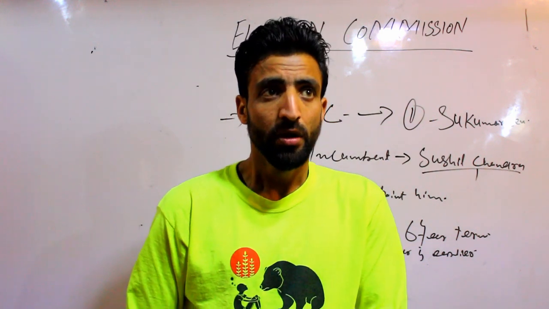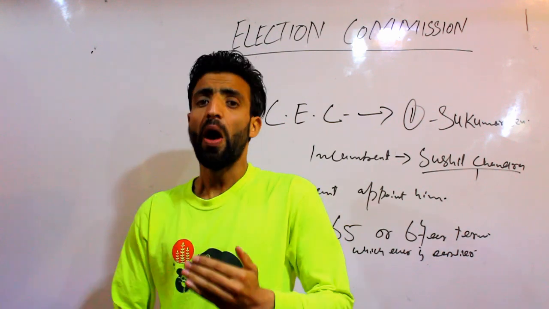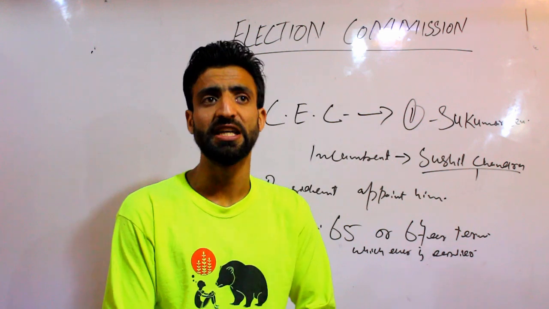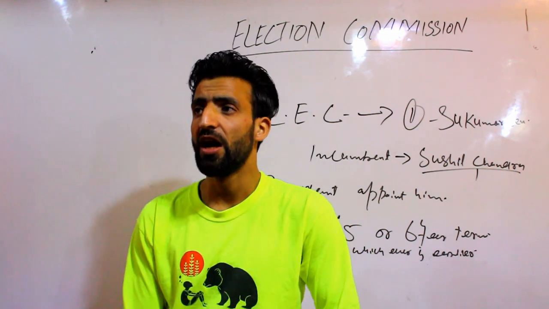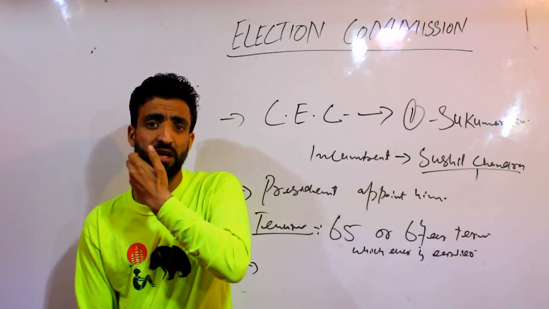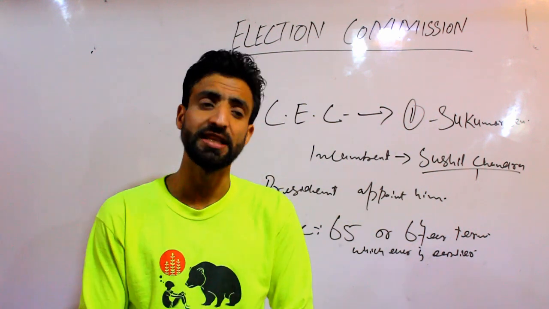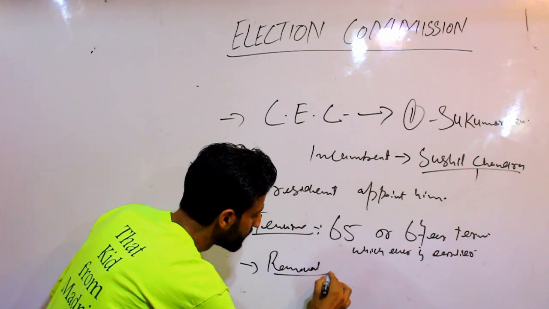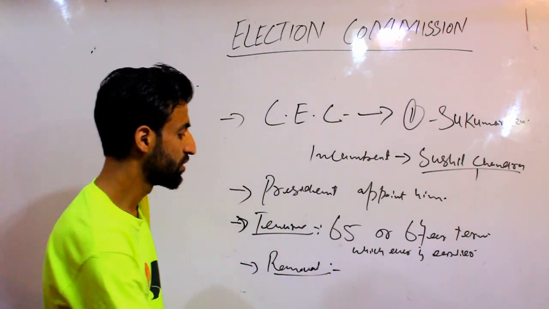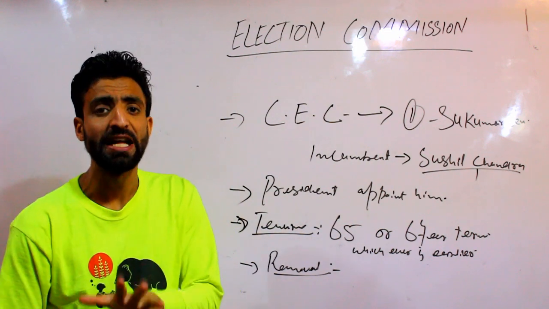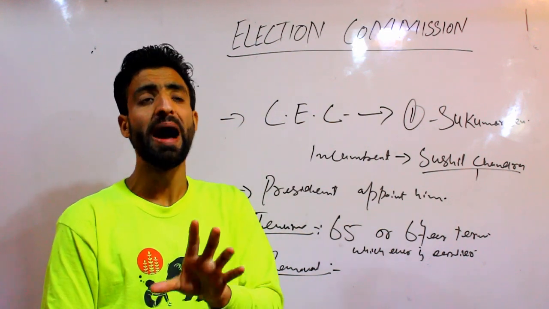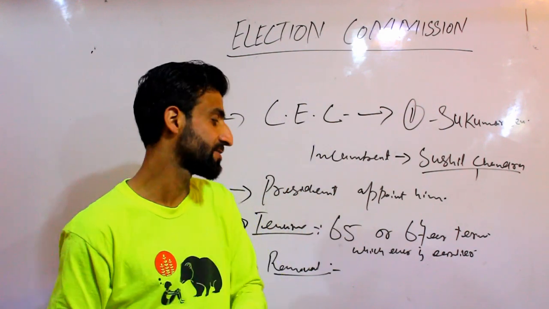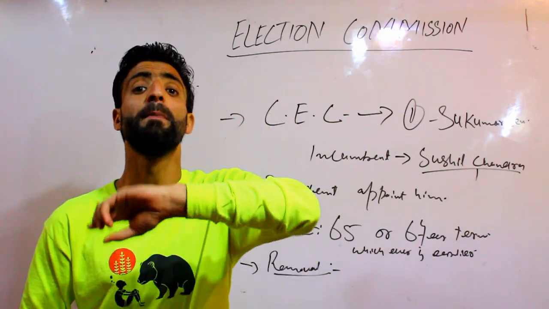Another point, Chief Election Commissioner can be removed, ठीक है, इसको रिमूव भी किया जाता है, जैसे सुप्रीम कोर्ट के जज, जैसे अदर इंपॉर्टेंट पोजीशन होल्डर्स को रिमूव किया जाता है। और उस रिमूवल का क्या तरीका है, Chief Election Commissioner can be removed by a resolution passed by both the Houses of Parliament with special majority, ठीक है।